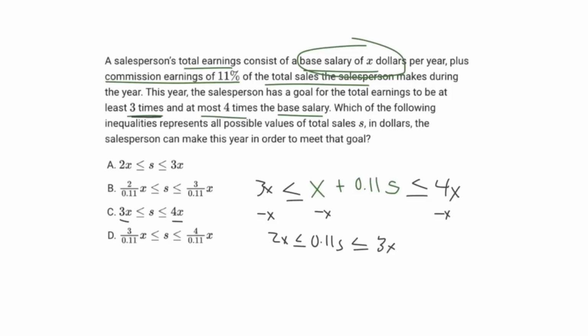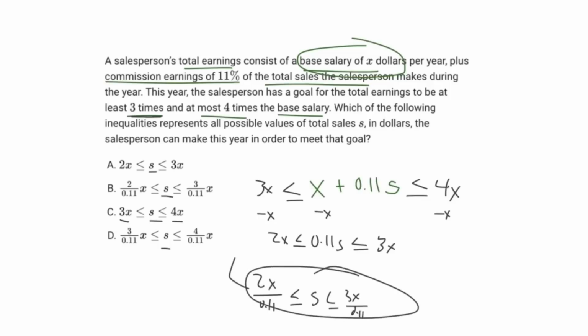And now again, we want to isolate for s because you see in all these answer choices, s is by itself in the middle as the total sales. Therefore, we can just divide all sides by 0.11. So we get 2x over 0.11 is less than or equal to s less than or equal to 3x over 0.11. And we can see that this lines up directly with answer choice B,